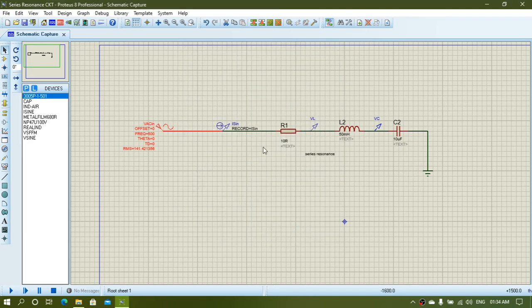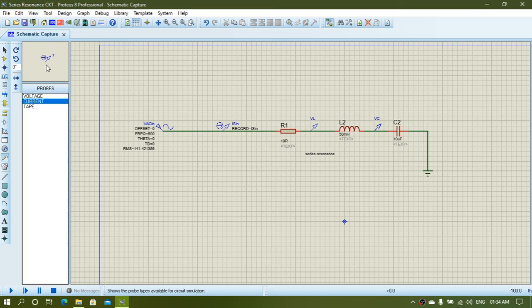And I also did one thing here to observe the circuit current. I also include a current probe from here. This is your probe function, probe menu. From here you will have to connect a current probe. Okay, so in that way you have to put a current probe here. So I delete it. I cannot do duplicate of that.